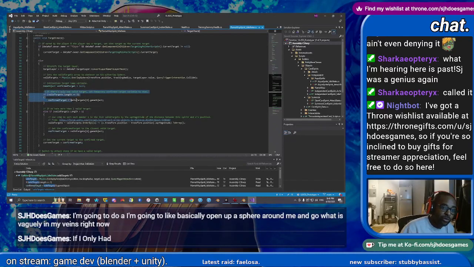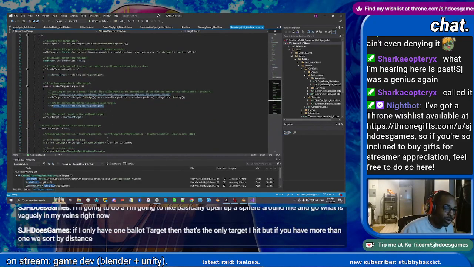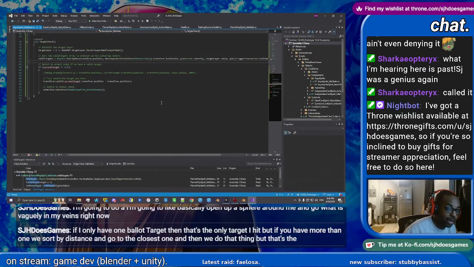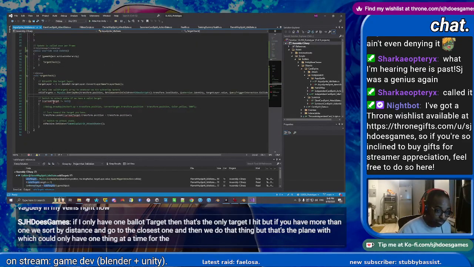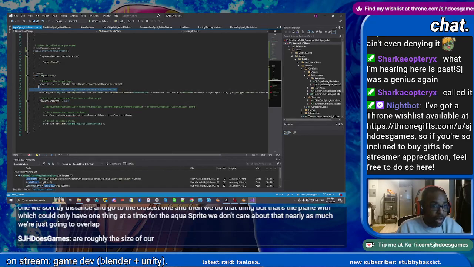If I only have one valid target, then that's the only target I hit. But if we have more than one, we sort by distance and go to the closest one. But that's the Flame Wisp, which can only hit one thing at a time. For the Aqua Sprite, we don't care about that nearly as much. We're just going to overlap